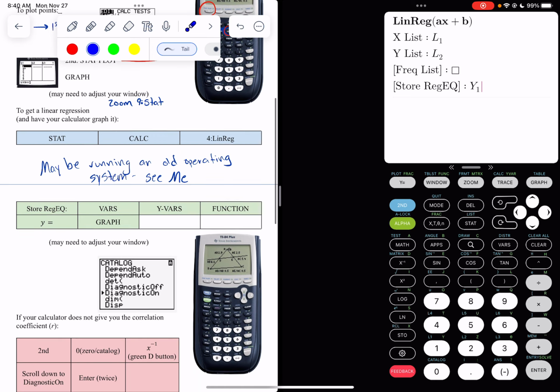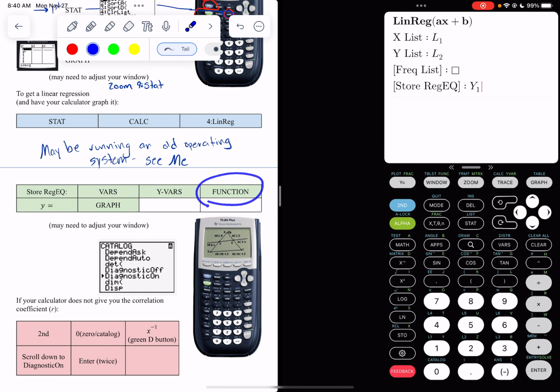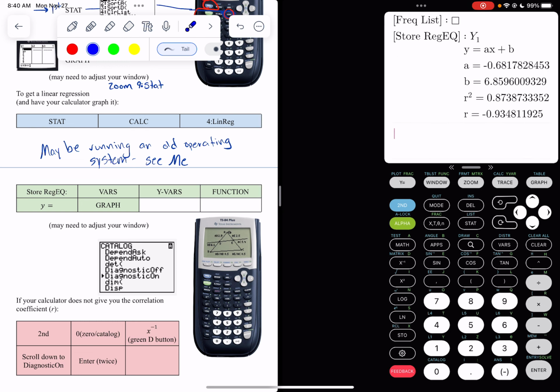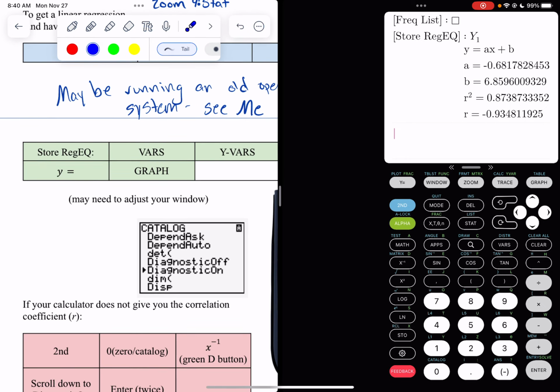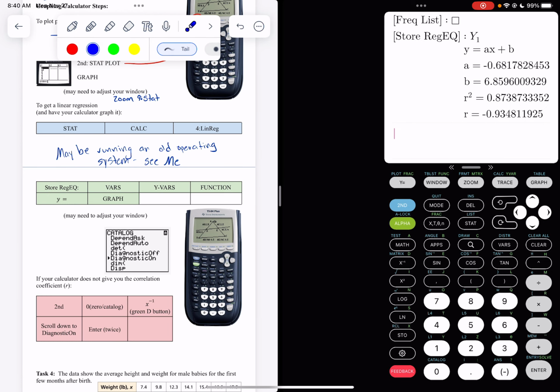So you might have to hit function y equals, depending on which type of calculator you have. This is telling my calculator to now store it into my y1 to graph it. Okay. And so then now I go ahead and hit enter. All right, this may look really crazy. Okay, all this is telling me is, here,